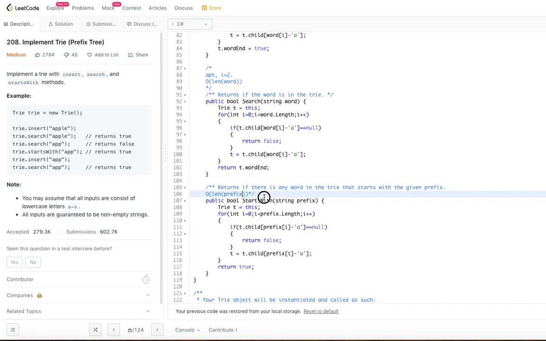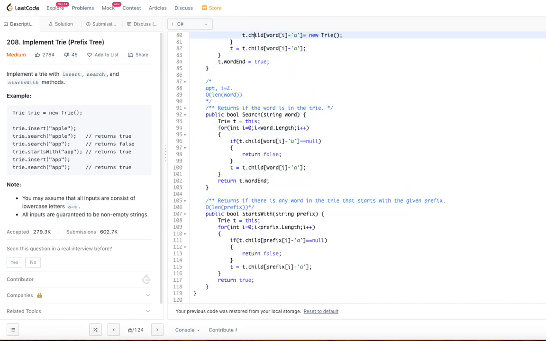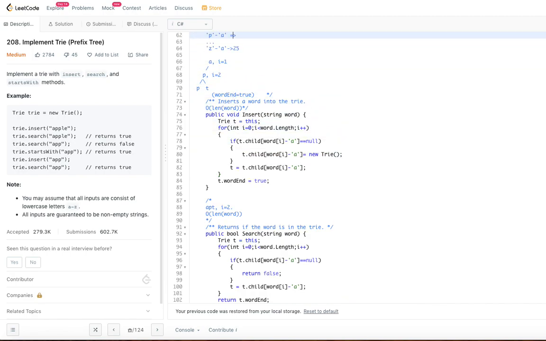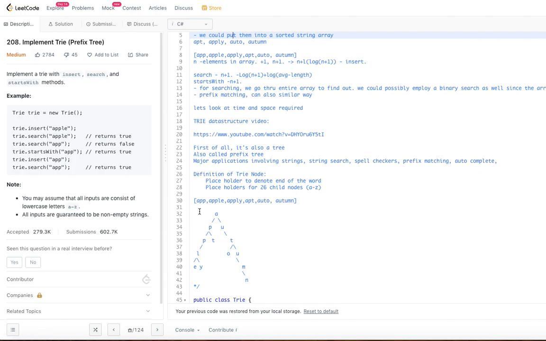Now, what is the space complexity required for this? Let's go back to each of them. For insert, for search, how much space are we using? So for insert, for every new word, we are trying to create a trie node wherever the pointer is not available. Let me go back to the place where I am showing the complete trie for all these 5 words. How many characters are there? 3 plus 5 plus 5, 10, 13, 16, 20, 26. So a total of 26 characters are there in this.